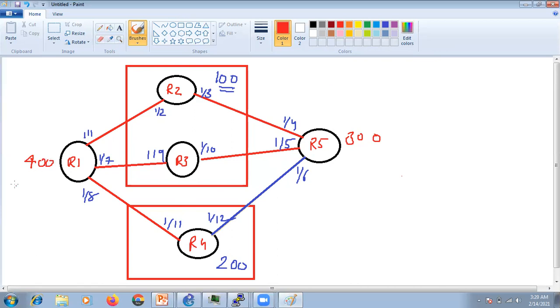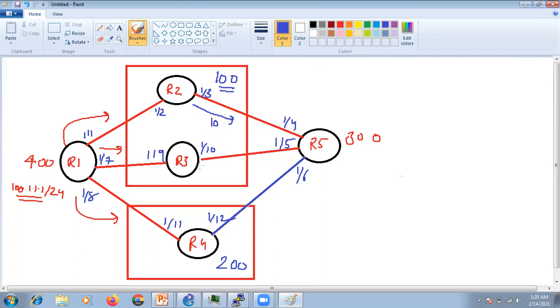Let's suppose from R1 we are advertising one route, 100.1.1.1/24. So R1 will give this route to R2, R3, and R4. Before sending the routes, R2 is setting a metric of, let's say, 10.